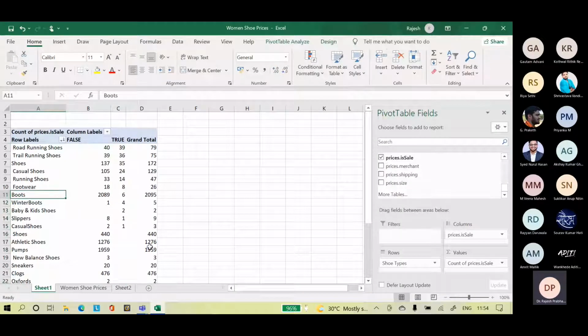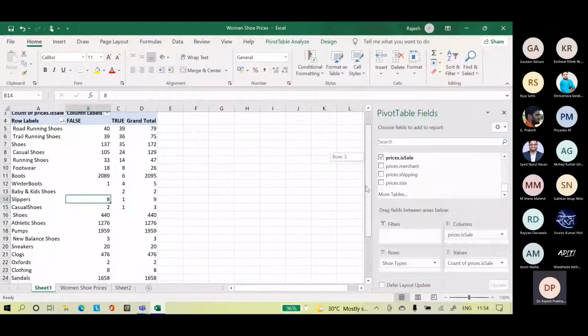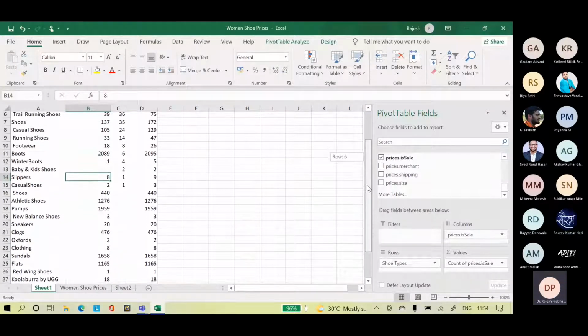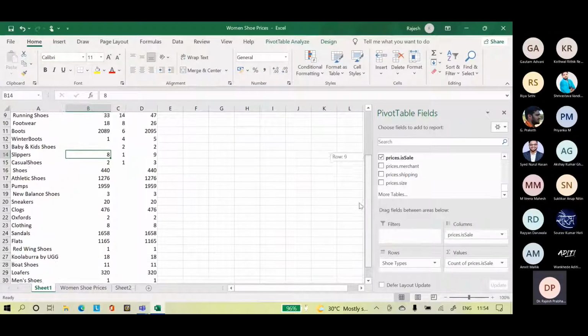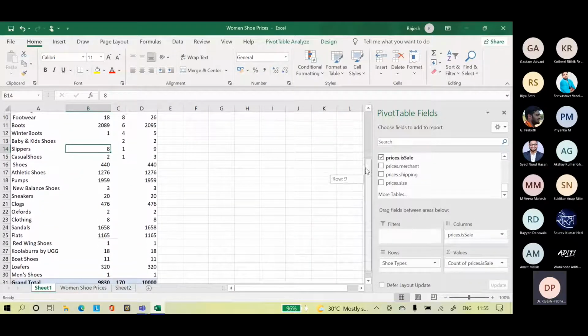Trail running shoes to some extent. Casual shoes, running shoes, footwear, boots are there, but very few are sold. So the inventory of boots, slippers, everything is still there. Kookaburra, UGG, it's all there.